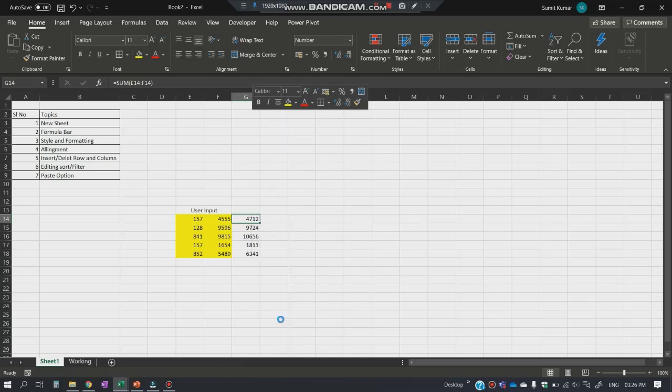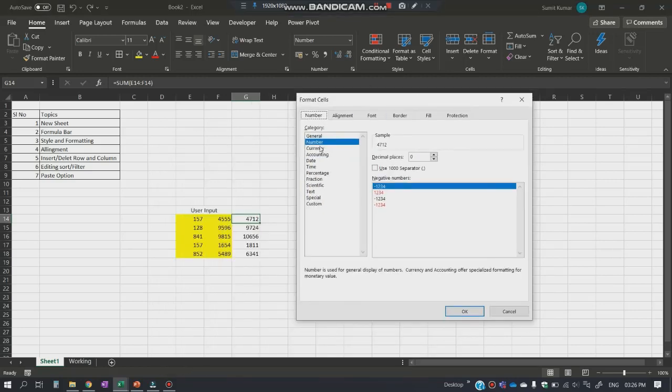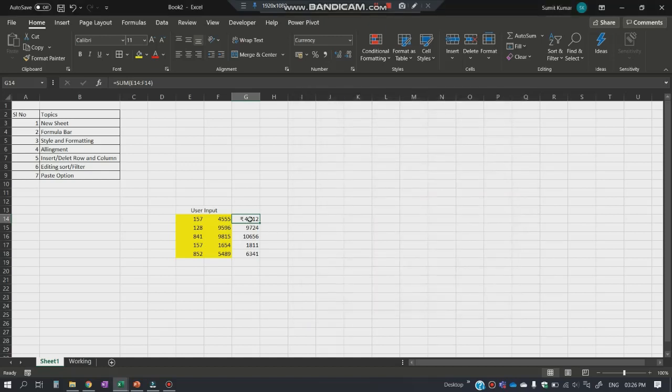We'll again go to Format Cells. We'll see this one is for the currency. So whenever you are entering any currency related data, this can be very useful in that scenario. So let me show you how it works. I'll again go with the default. I'll just leave the decimal places as 0, and I'll not change the currency symbol. I'll just press OK, and you can see it has been formatted into the currency format. You can see it has entered the space and the symbol of our currency.